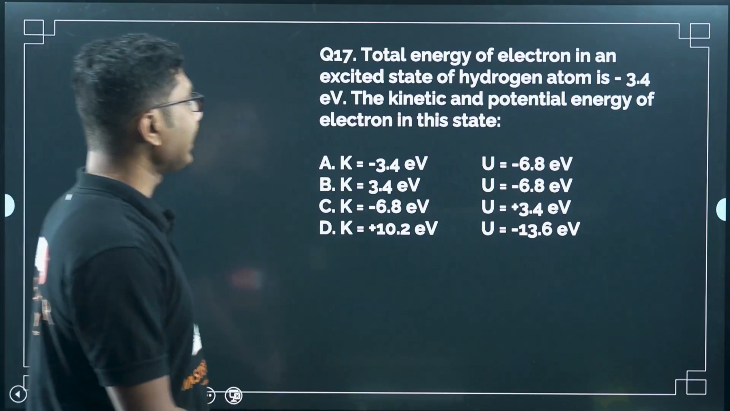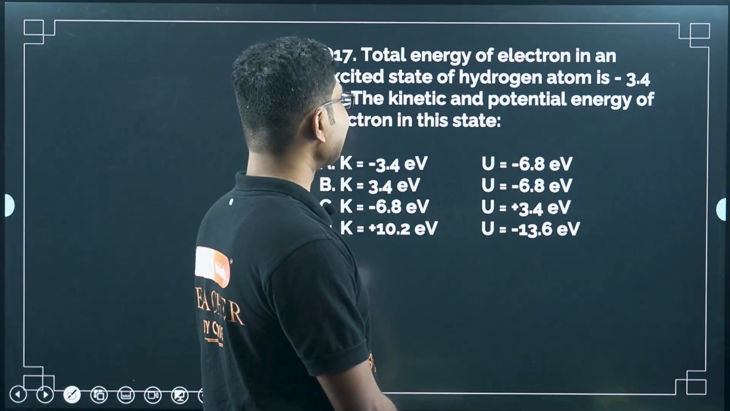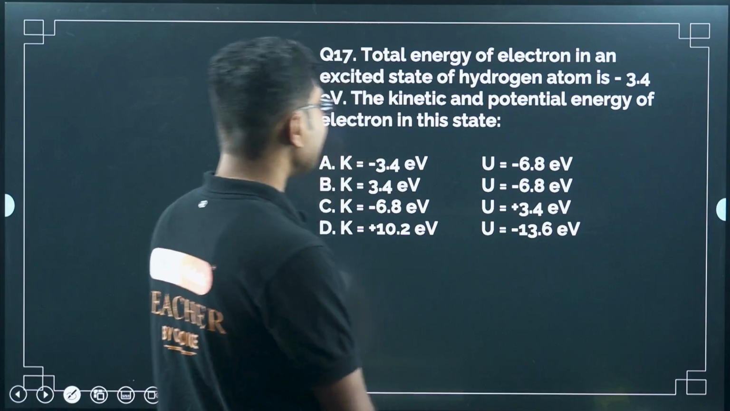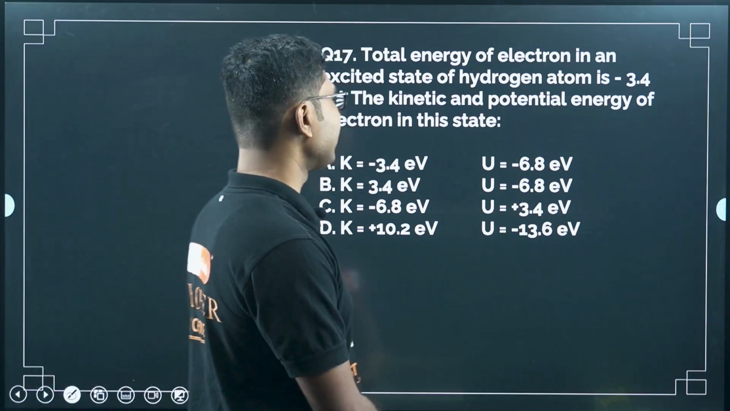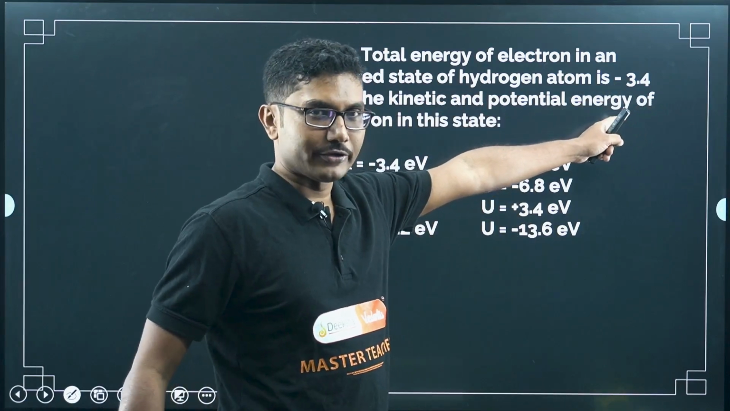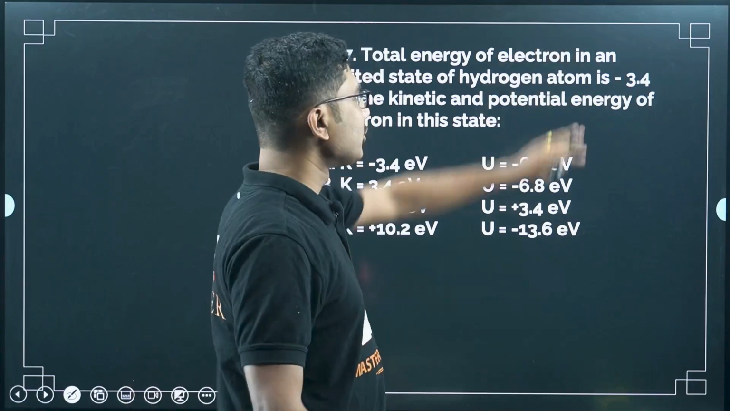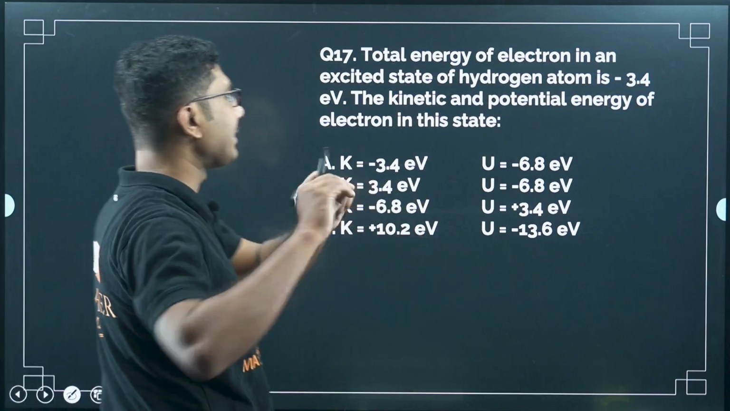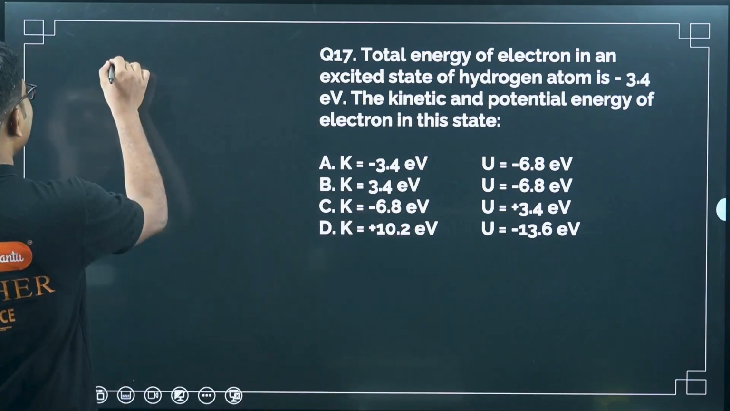Now the total energy of electron in an excited state of hydrogen atom is minus 3.4 electron volt. The kinetic and potential energy of the electron in this state. So we know this is for second state of hydrogen, right? We have solved so many problems. So by now we know that, but we are not interested in that. They have asked you to find the kinetic energy. Total energy is given